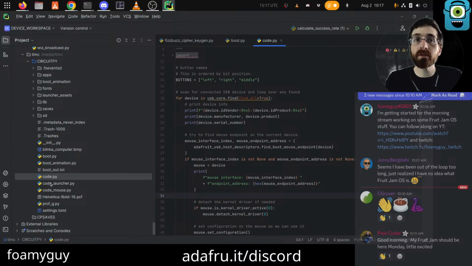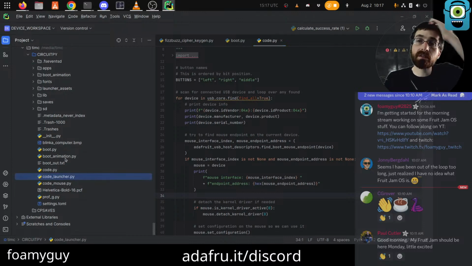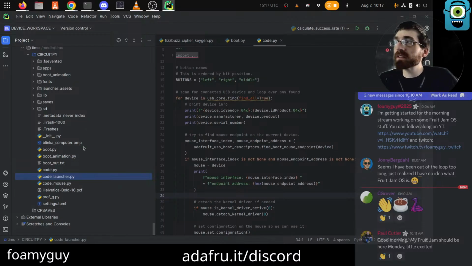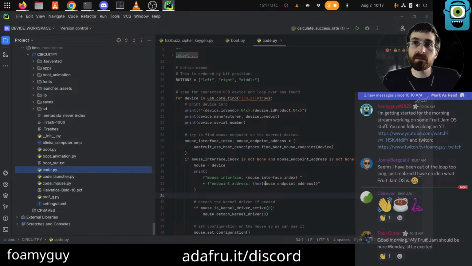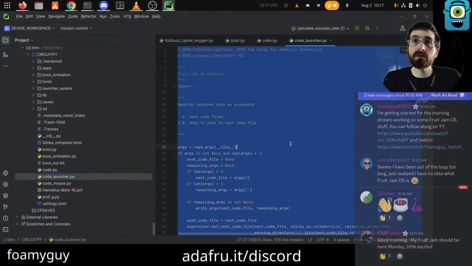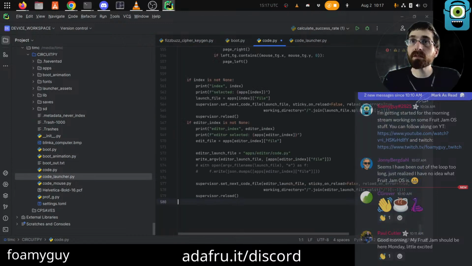I think that's on my computer more than it is the Fruit Jam, honestly, because like I was saying, with my file manager, sometimes I go to copy paste a file and it's like, can't do this. Especially I noticed this for copying UF2 files, like to update CircuitPython, I'll go copy paste and it's like I can't paste this here, and then I go to the terminal, I use cp and it does it. It doesn't explain, so I don't know exactly which part of the computer is under the impression that it can't write to it or why, but sometimes it does.